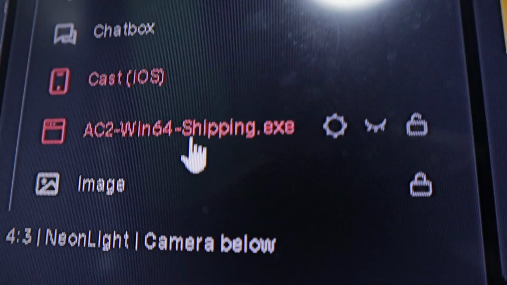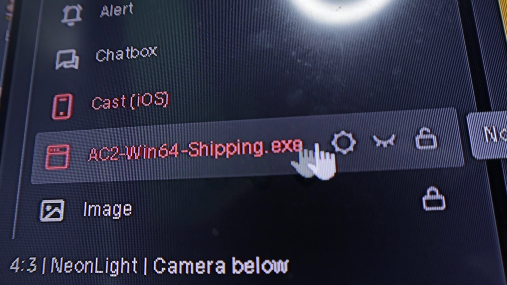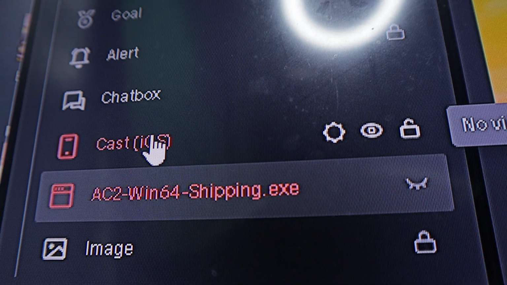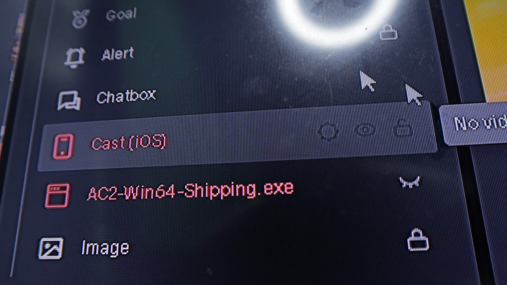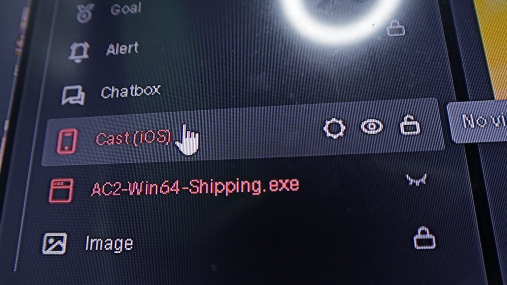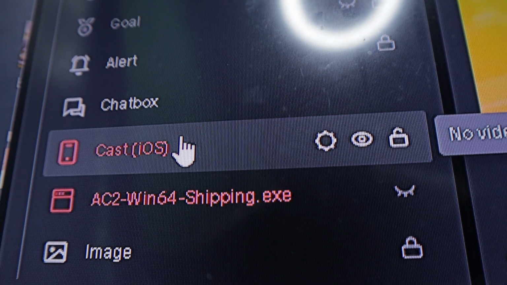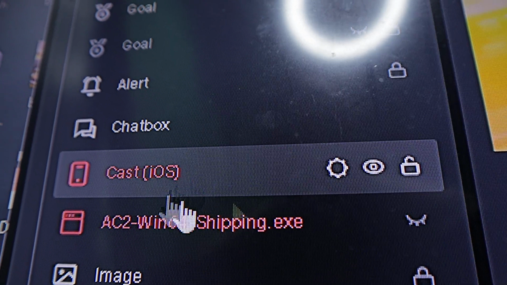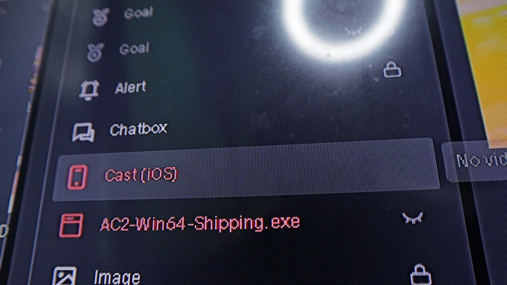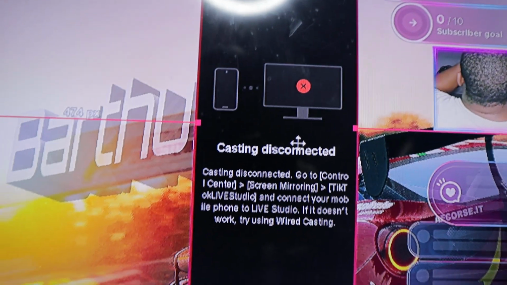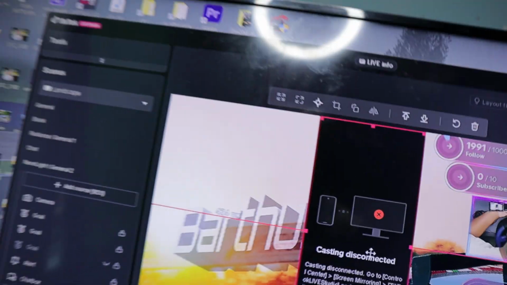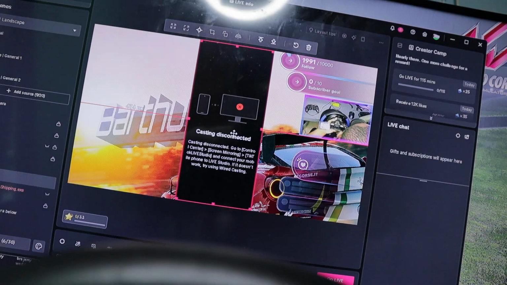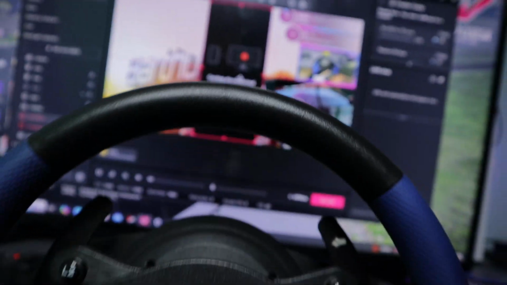If you look here, for example, on my sources, I have this is AC2, Assetto Corsa Competizione, and then I also have Cast iOS. So Cast iOS is for when I'm playing PUBG Mobile on my iPad, right? So I just cast it here, and then it's gonna display here, hence it wrote casting disconnected. But other than that, ladies and gentlemen, this is how I stream and this is how I set up my